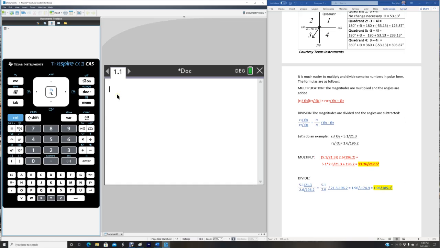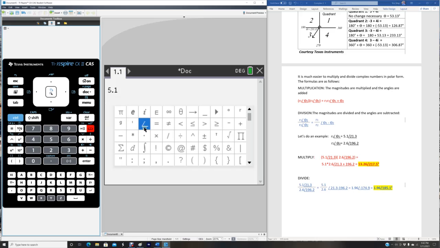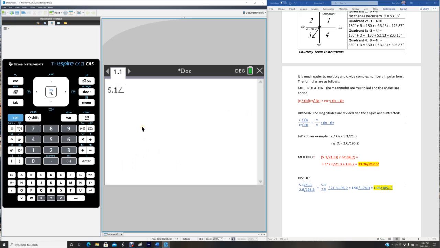So we'll type in 5.1, and then the divider between the modulus and the argument can be found by control, hit this book button, and you'll see it's right here. And just type that in, there it is, and then we'll put in the theta of 21.3. There is a symbol for degrees that you can type in if you want, but it is not necessary. The calculator automatically knows that you're talking about polar coordinates here. Okay, so enter,